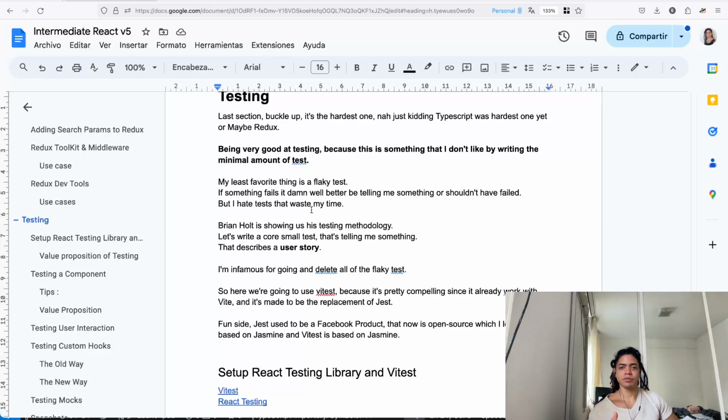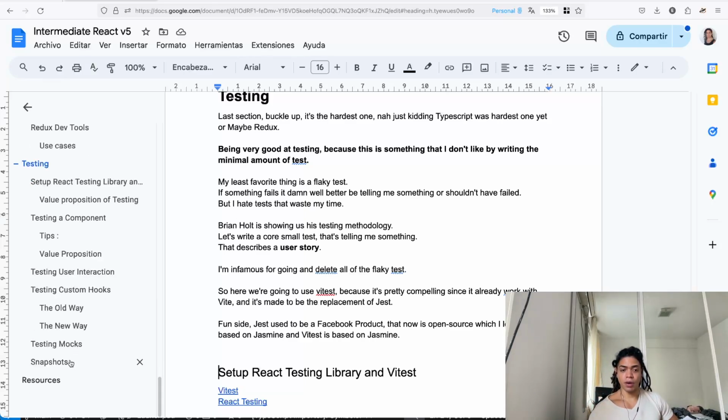All right, so testing. Here we are. In today's video, we're going to talk about snapshots, and walk through, for example, testing some recommendations by Brian Hall's methodology of doing this. For example,